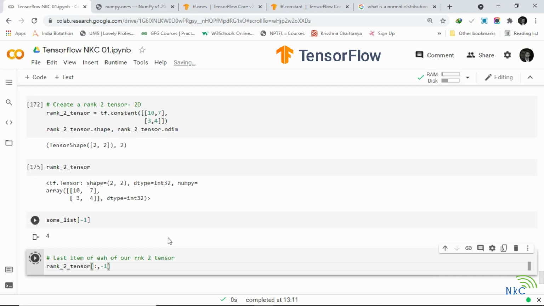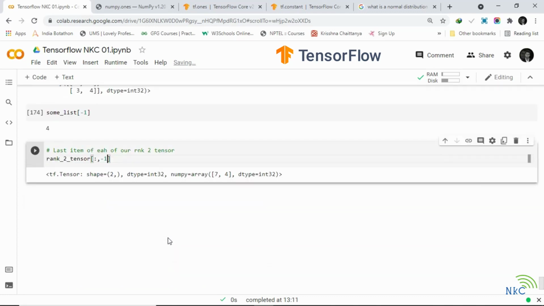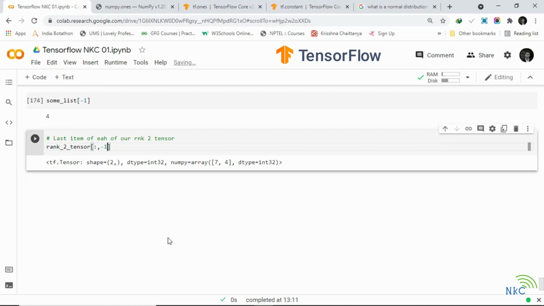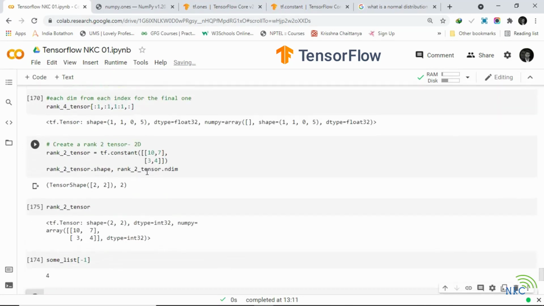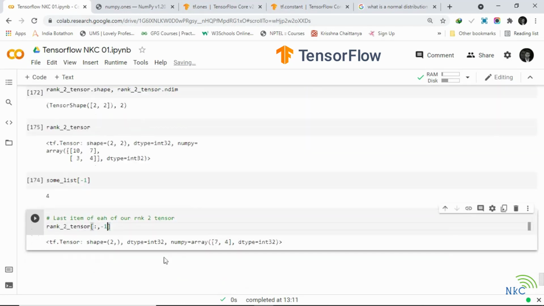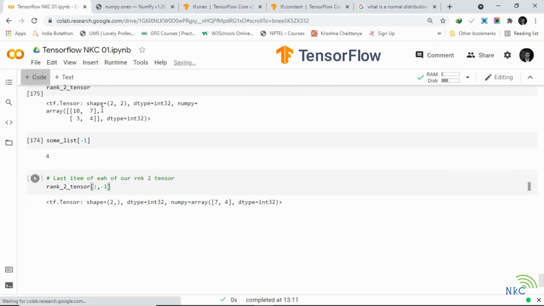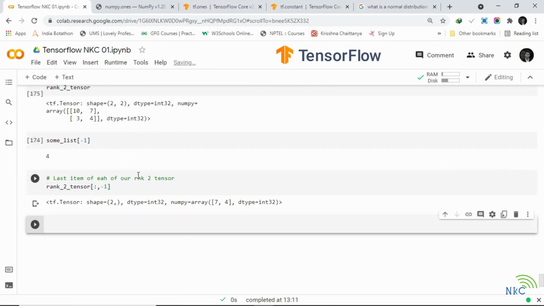If we wanted to add an extra dimension onto this shape, so maybe we have 2 by 2 by 1, we can do so in 2 ways. I know this is helpful for later on when we are creating neural networks and we need to alter the size of the tensor so that the shape lines up. It might not seem very helpful now, but I just want to sow the seed, so that when we come across it in future videos, it's not like we haven't covered this method before.